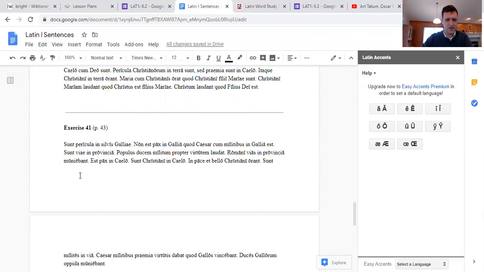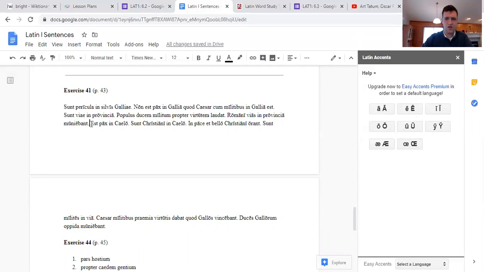Okay, but now we've got a few more here, so let's go through and again be paying attention to how I'm approaching these sentences. So next one we've got est pax in caelo. Est pax in caelo. So the verb to be again, and it's third singular, and we have a nominative singular noun, third declension noun as our subject. So there is peace. And then we just have a prepositional phrase. Again, get used to seeing in with the ablative. There is peace in heaven. Capital C, caelo.